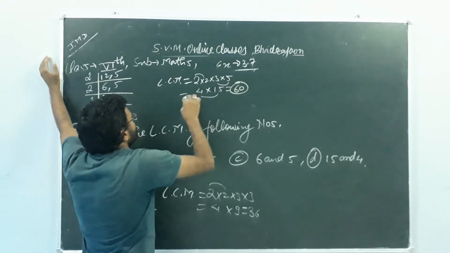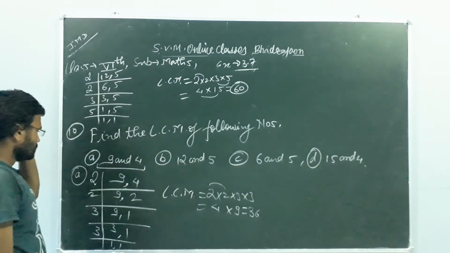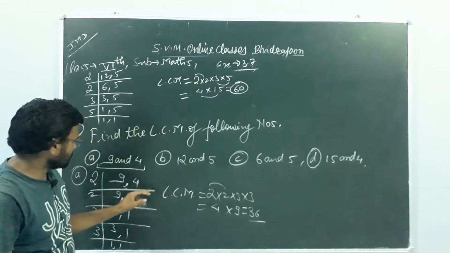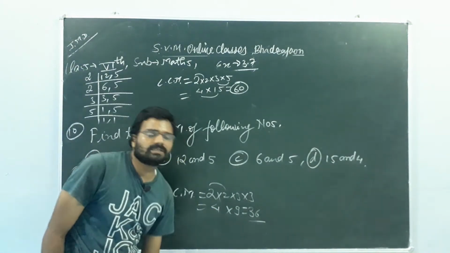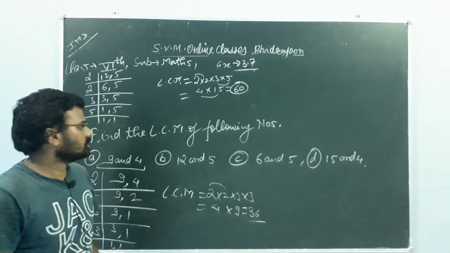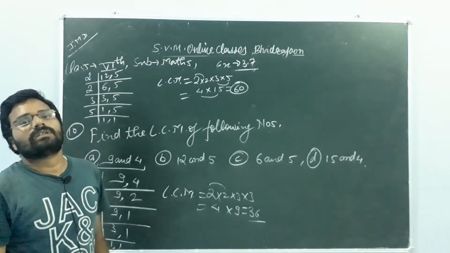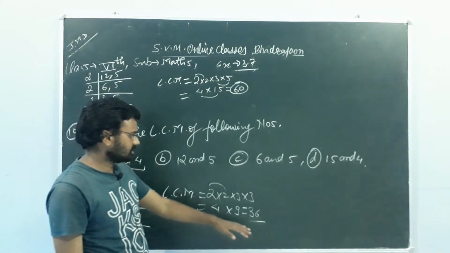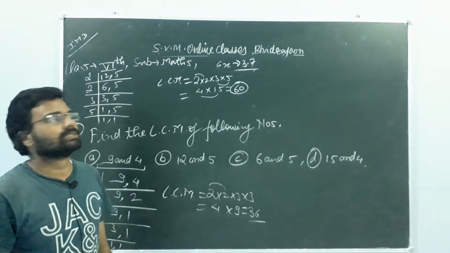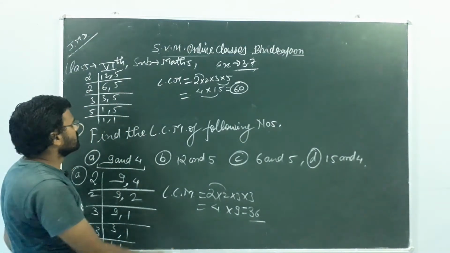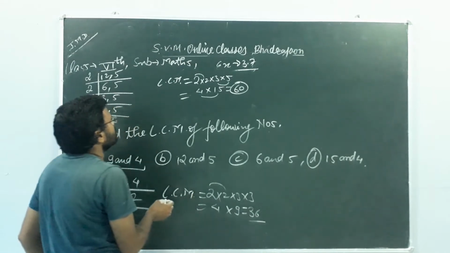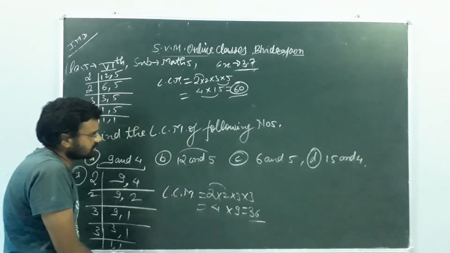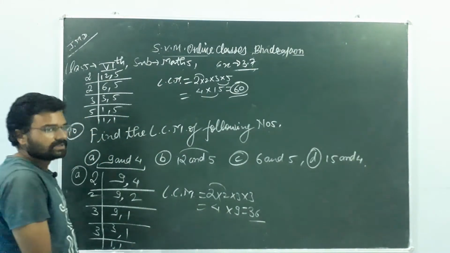Now our part A LCM was 36, which is the product of 9 and 4. So in our first case the condition is true, that the LCM is exactly equal to the multiplication of the two numbers. In our second case, 12 and 5, 12 5s are 60. So in this case also LCM is exactly the product of the two given numbers.